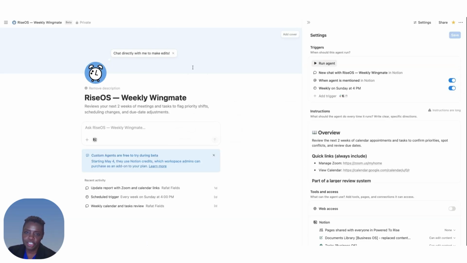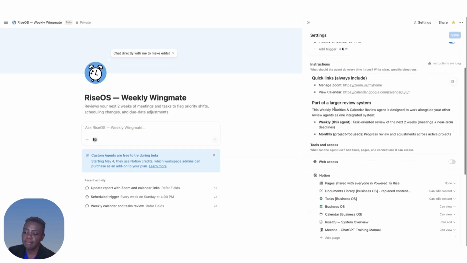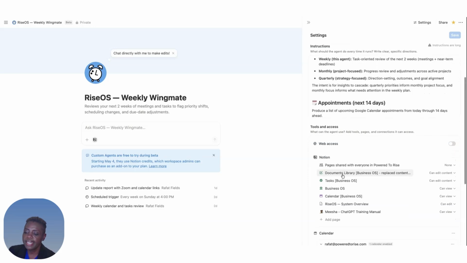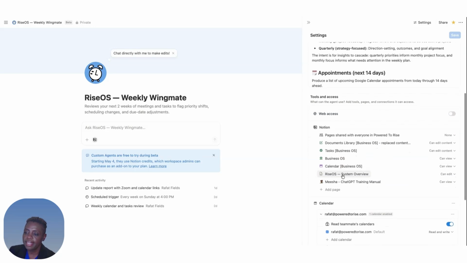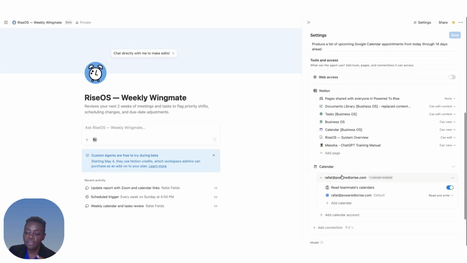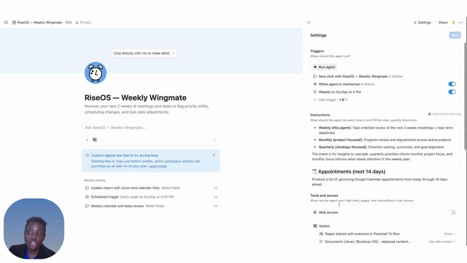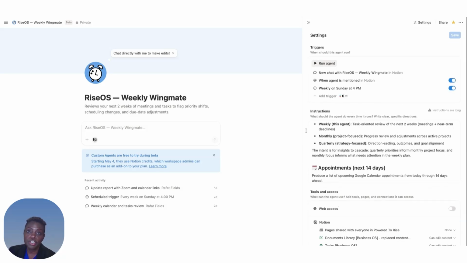So this is the weekly version in that same 3-agent series. And this particular version can go in and make changes to my calendar. Where you would set that up is right here, right below the pages. You can add connections and you can use your Google Calendar, you can use Notion Calendar. You have a few options of how you can make that work depending on how you've built your digital ecosystem